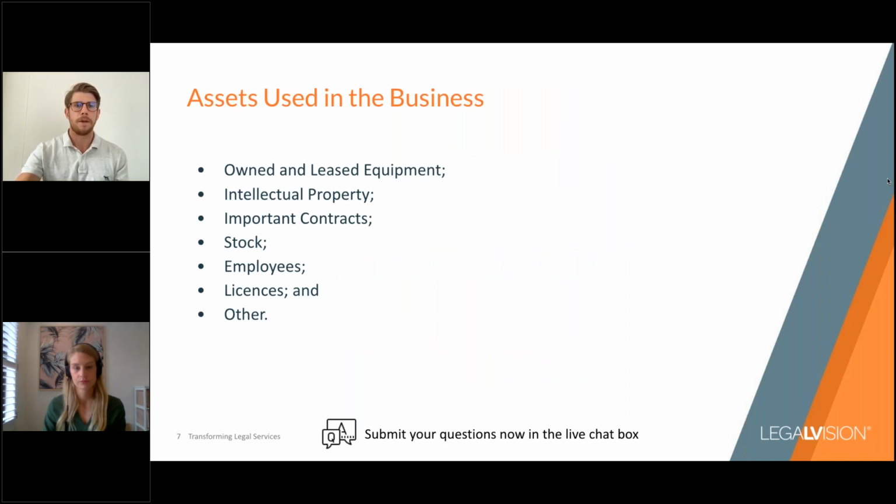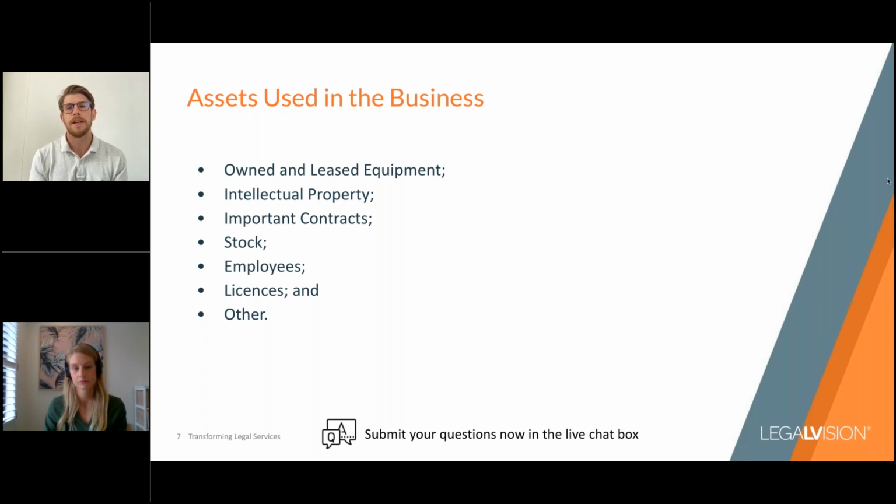And so when you're buying a business, it's always helpful to think about what you're actually buying, whether that's a cafe, a manufacturing business, or a purely online business. So here we've got a couple of examples of things that are included. We can be buying owned or leased equipment. Owned is obviously that the seller owns these outright. Leased equipment are things that they're leasing, and that can complicate how they're dealt with, because some other third party is the actual owner of that leased equipment, so you need to have discussions with them.